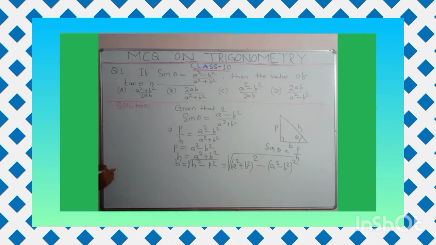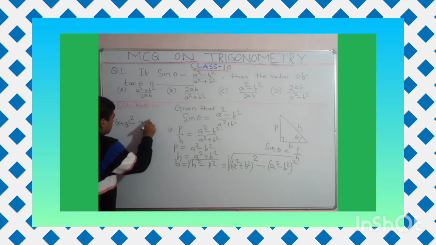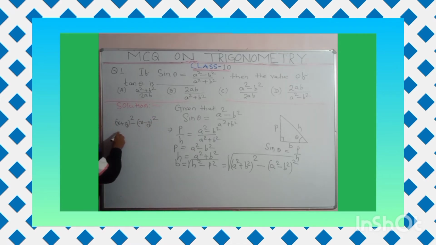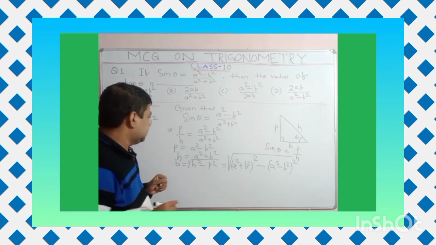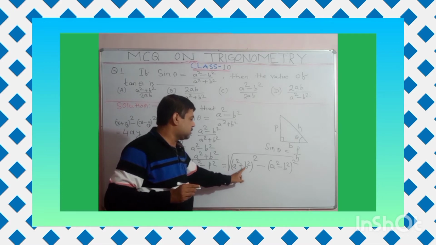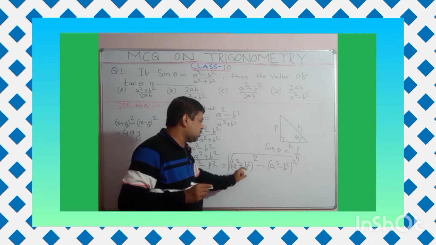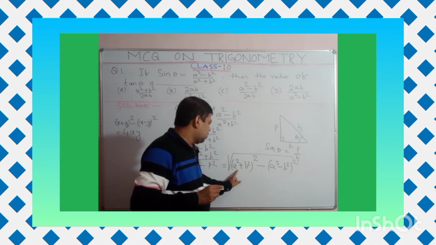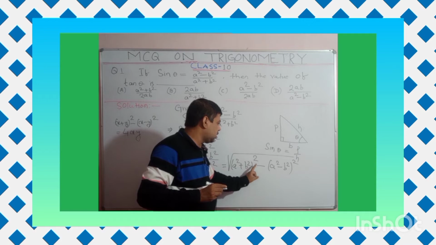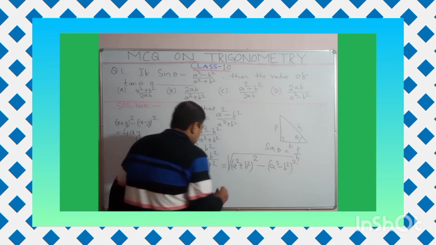One formula you know: (x plus y) whole square minus (x minus y) whole square. What is the formula? The formula is 4xy. All of you know this algebraic identity. So here x stands for a square and y stands for b square. So according to the formula, (x plus y) whole square minus (x minus y) whole square is equal to